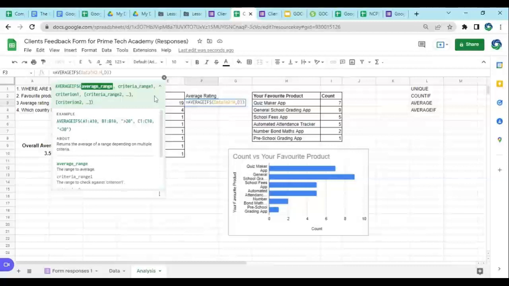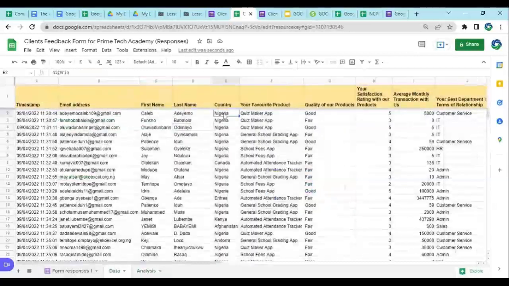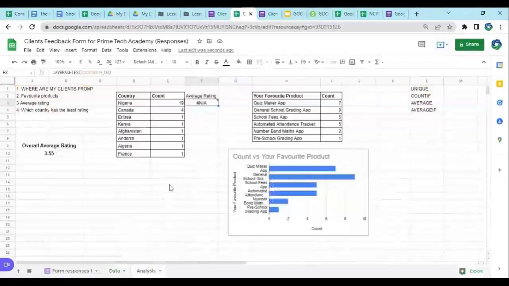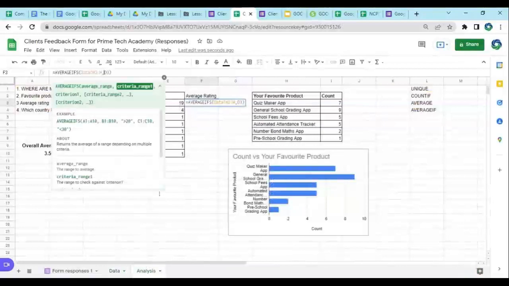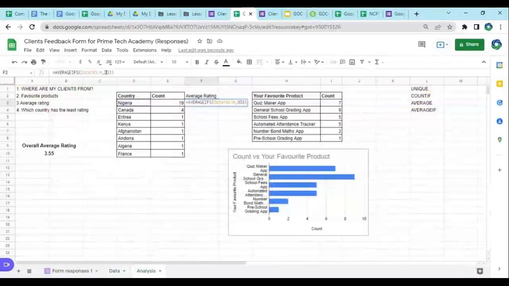Okay. What is the range I want to find the average from? That is the H. What is my criteria range? My criteria range is where I'm having the country names. And this is from E2 to E, because I don't know the end yet. So I'm going to put data, the name of that sheet,